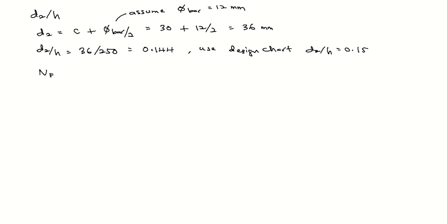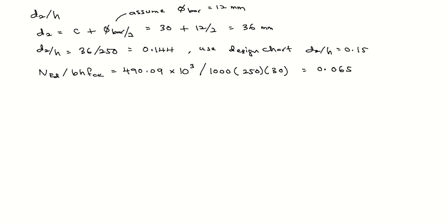So NED over BH FCK: NED is 490.09 in unit kilonewton. B and H are in millimeter, FCK is in unit newton per millimeter square, and therefore our NED should be in unit newton also, so times 10 power 3. Divided by B, we use B is 1000, H is 250, FCK is 30. So this is equal to